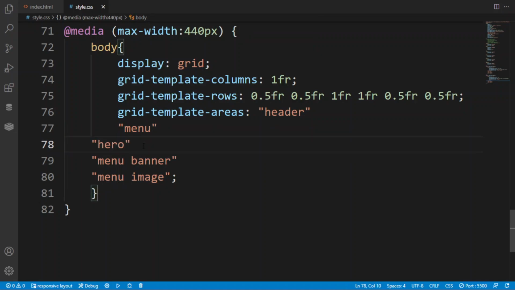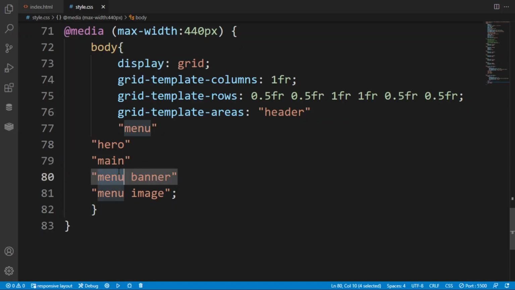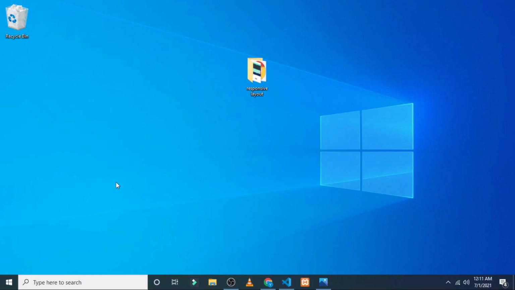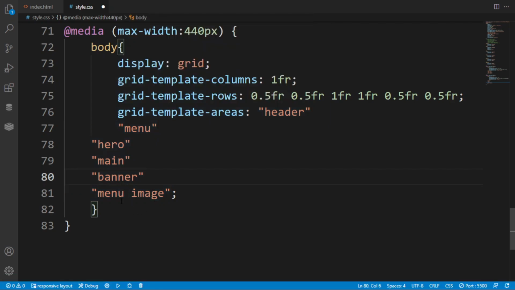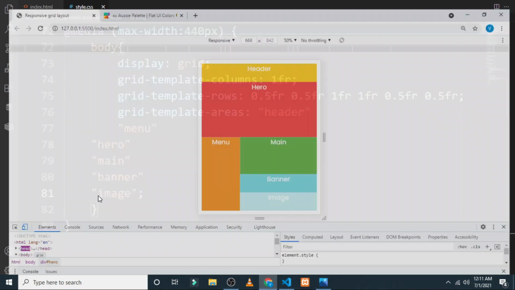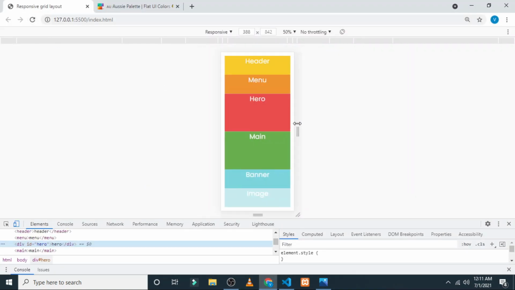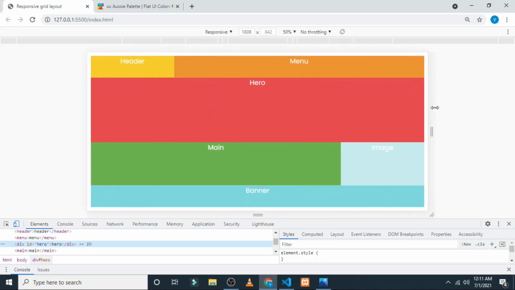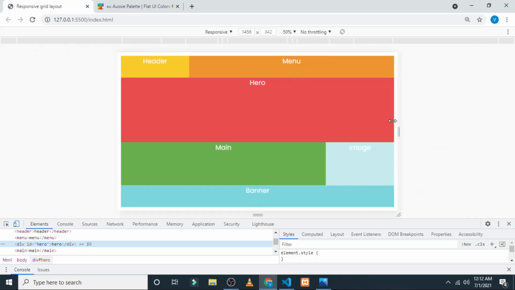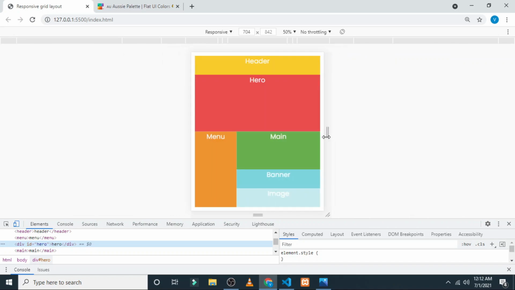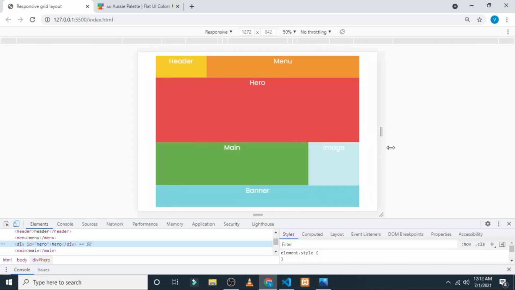After saving it, then after it we have hero, then after it we have main, then after it we have, just cut this part, and after saving it, and here in this menu cut again. So after saving it, as you can see, when I refresh it, then shrinking in, then there have been the change in the layout. So this is the thing that we are going to create, and we have achieved it.